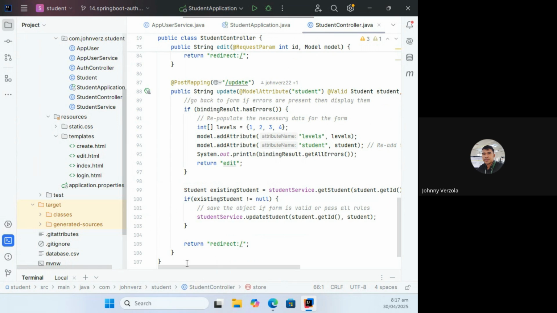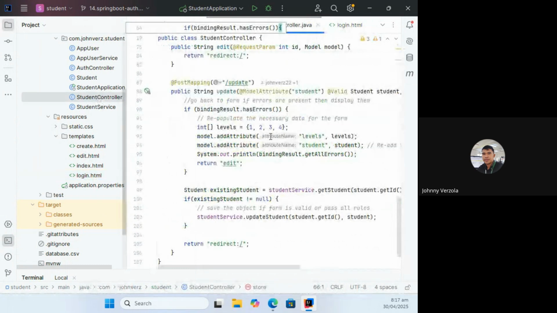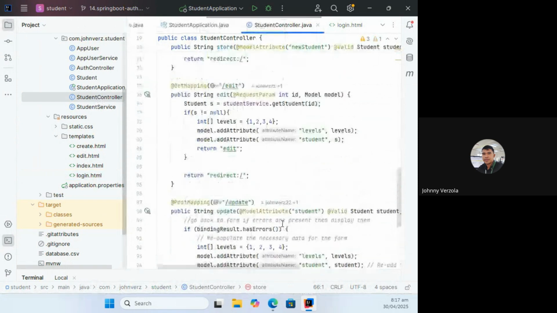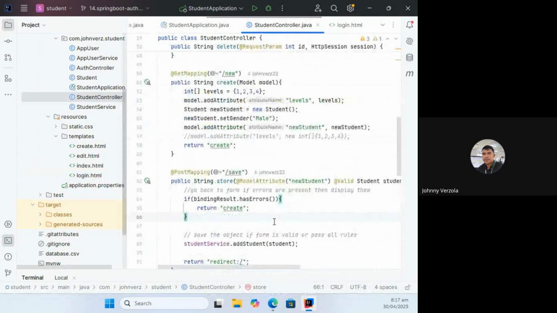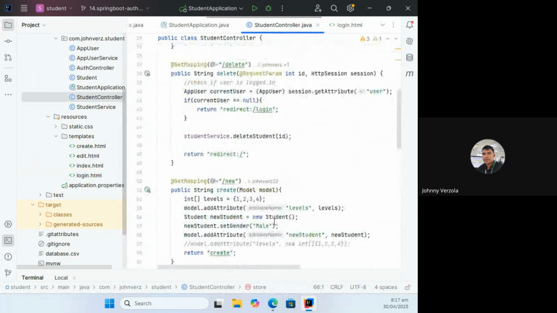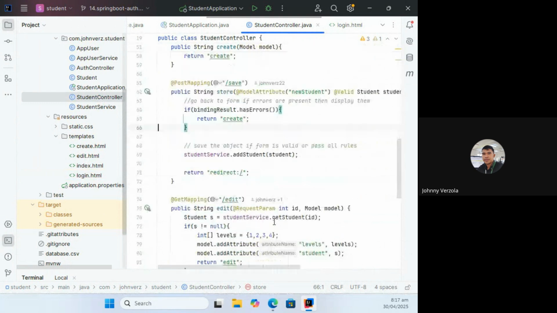Let me just see what we have here. I think this is already done. If it's already done, then I'm just going to check out the last commit hash where we left off in the last discussion. Kung saan tayo nagtapos noon, it should be the auth controller.